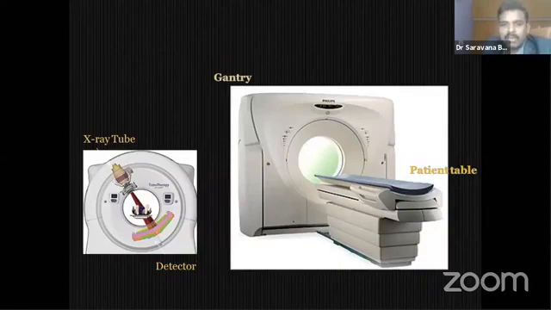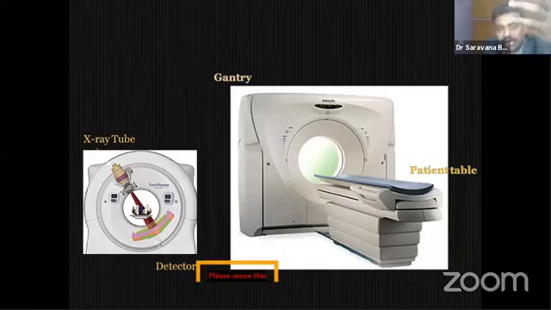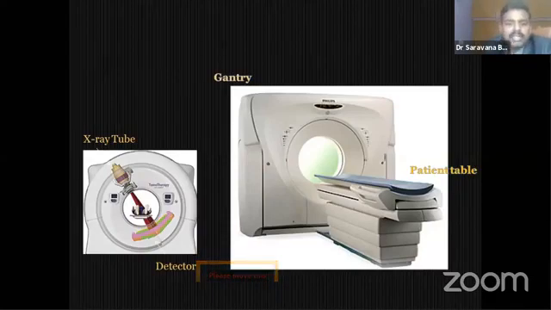This is the current CT scanner picture. Many of you have seen a CT scanner image; sometimes we must have taken CT for ourselves or for our family. This large part is called the gantry. This is the patient table. What you have to keep in mind is that whatever it is, CT or CBCT or PET-CT or SPECT, the concept is simple.